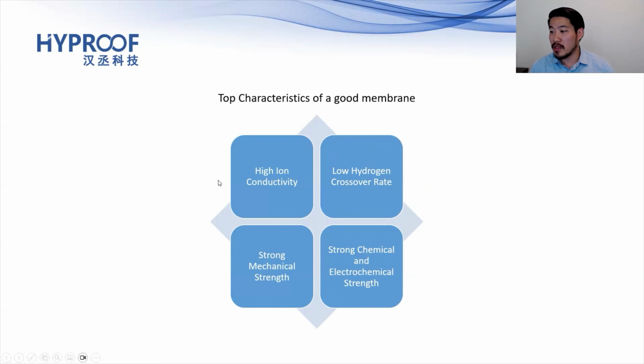The first thing would be high ion conductivity, just meaning that for the amount of electricity put into the electrolyzer to split the water into hydrogen and oxygen, you create a lot of hydrogen with that electricity. The less electricity you have to put in, the better. That's more efficiency. There are membranes that need more electricity, and membranes that need less electricity. It just depends on how you make it.